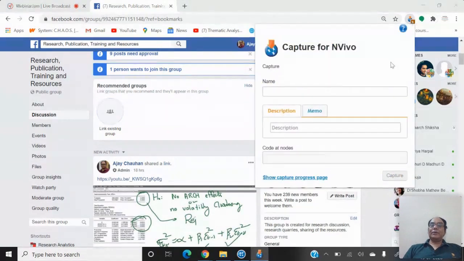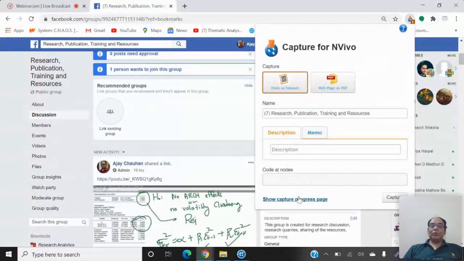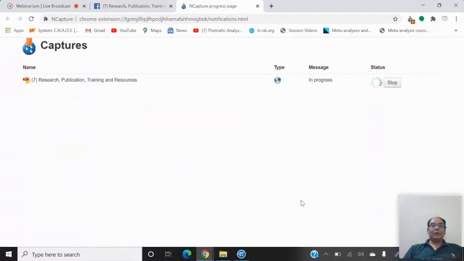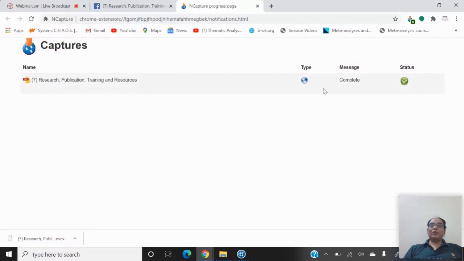After that, again go to capture page. So here you can see that the software is downloading the page, it is in process. Hardly it will take 1 minute. Okay, now you can see that the software downloaded the page here.